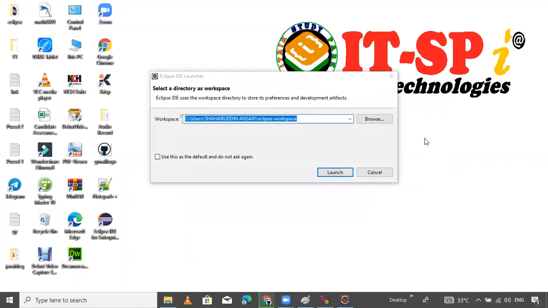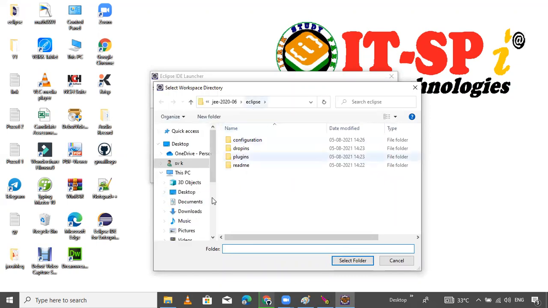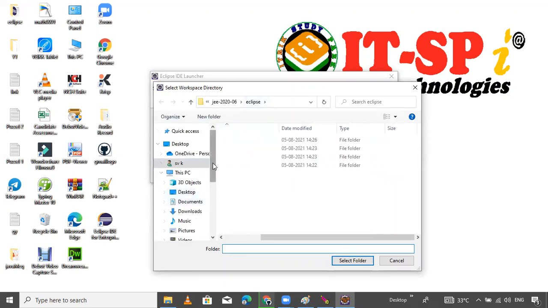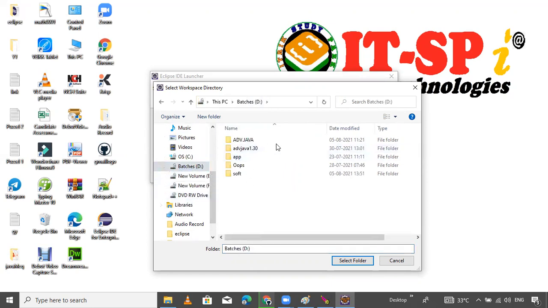Now it's asking for a path. It's asking the path where you want to open your Eclipse IDE. So browse it. I'll browse. Provide D colon, I think so. Yeah. Here it will automatically get. So in my batches folder, create one more folder.